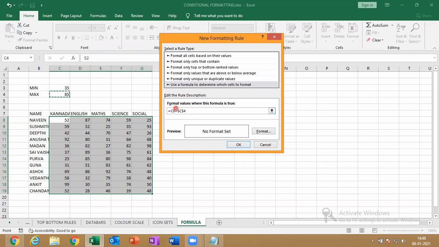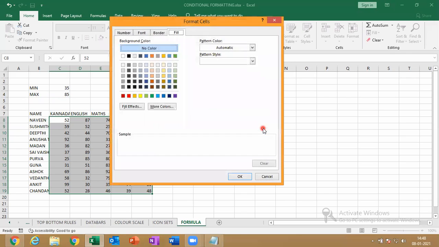Click on 85, not 35, since I gave the greater than symbol. Here don't remove the dollar symbol, because I'm doing this only for this cell, 85. I'm locking that cell only for this cell, like that. Okay, this is one more reference. Is that clear, these two things? Then go for format, apply a color.